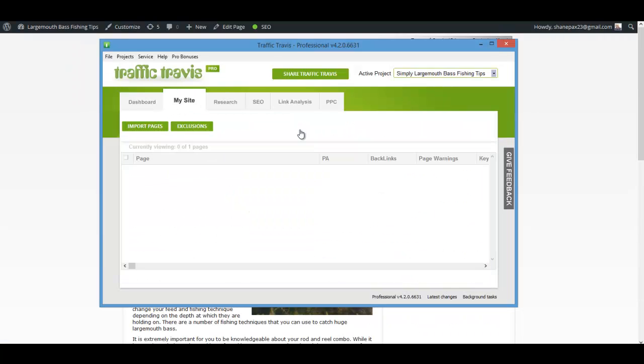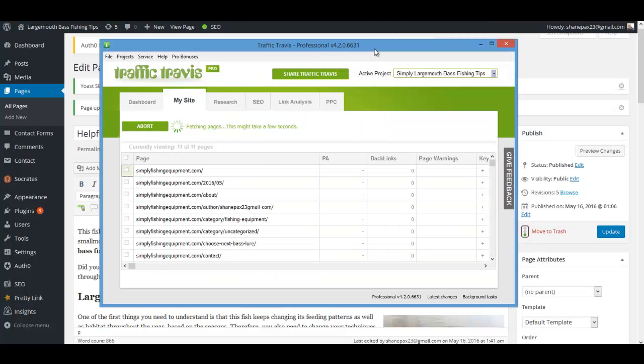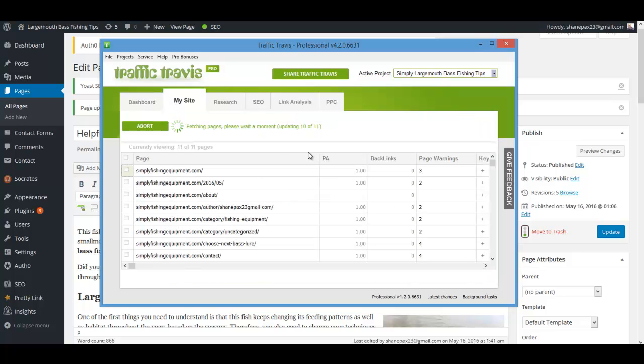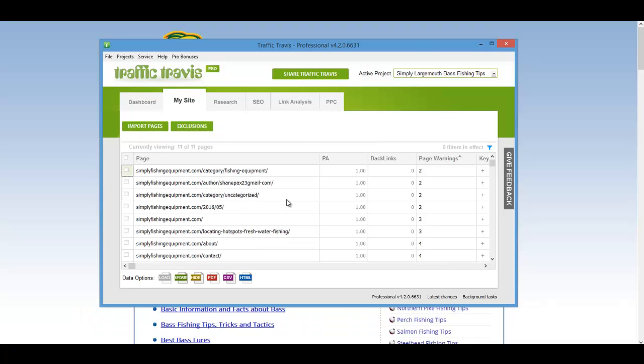Okay, so let's go over to My Site tab, import. So the reason why I didn't have the pages here is I accidentally put in the wrong URL whenever I was setting up the project. So you'll see that it'll automatically import all the pages on your site. Now you'll see list your pages. Okay, when it says page warnings, it's just talking about different SEO settings, things like that. So if we were to come in here and take a look at our home page, we go and just click on the number,